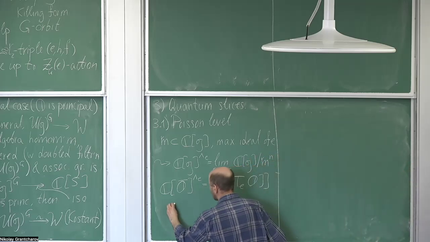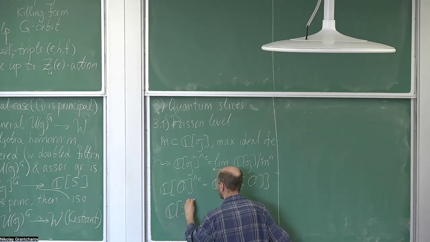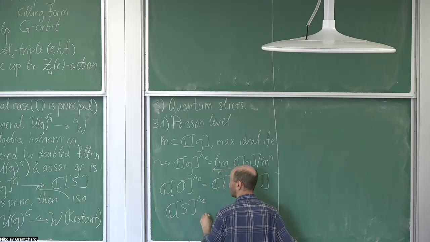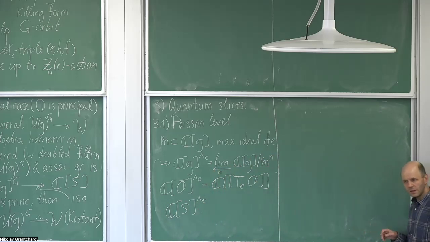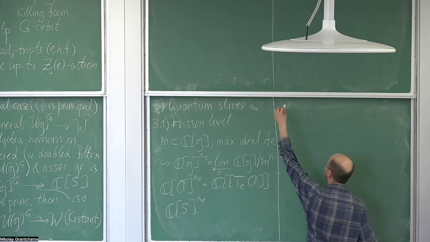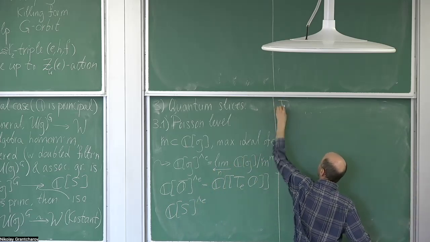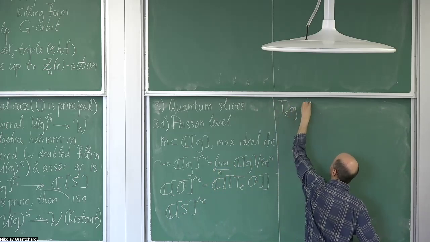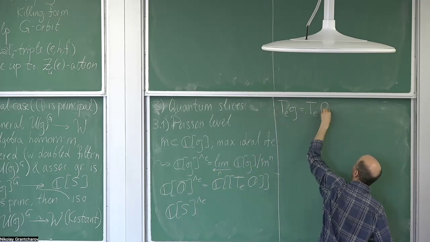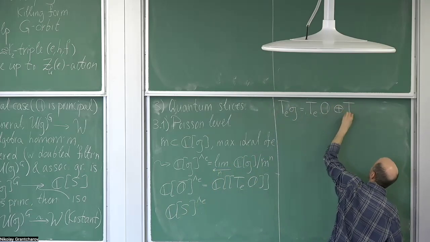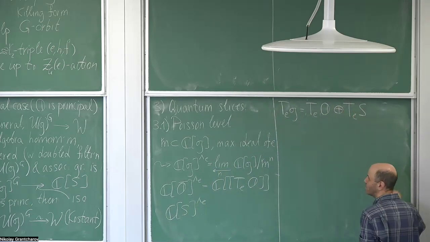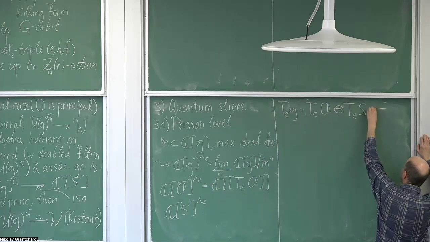And I can consider the completion of functions on S. Then the condition that TE of G is TE of O plus T of S can be rewritten as saying that I have